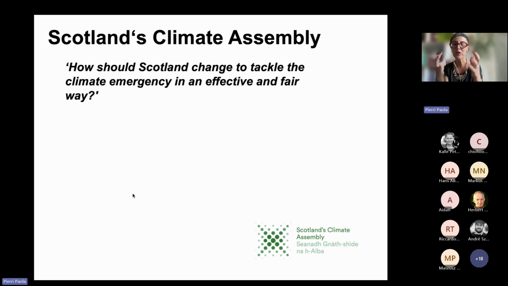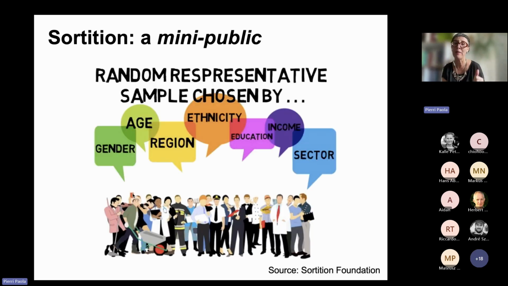a very bespoke, a very specific democratic design. So for a gathering of citizens to be considered a citizens assembly, you need some key requirements. The first one is sortition. It's the idea that the assembly is a mini version of the general public, in this case, Scotland. So Scotland recruited people to be part of the assembly who had the same representation of ethnicity, education, gender background, and they also had opinions about climate that were representative of the general